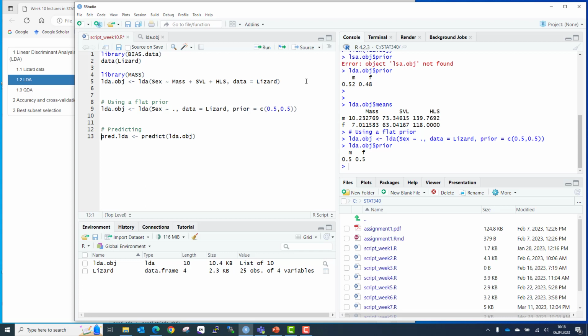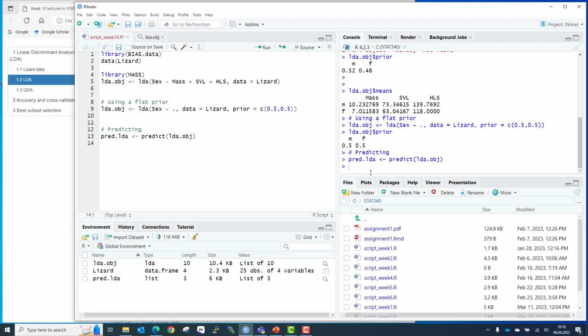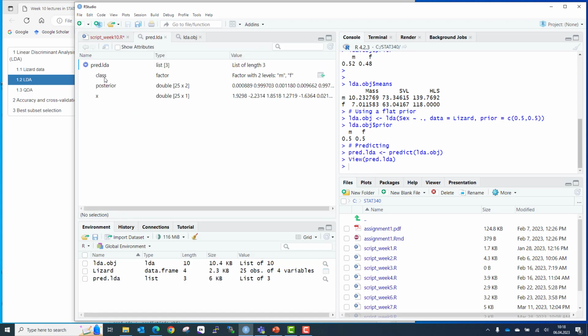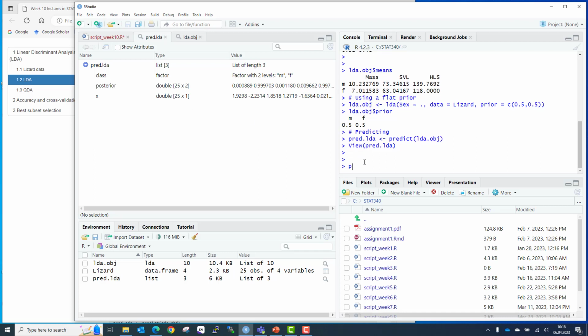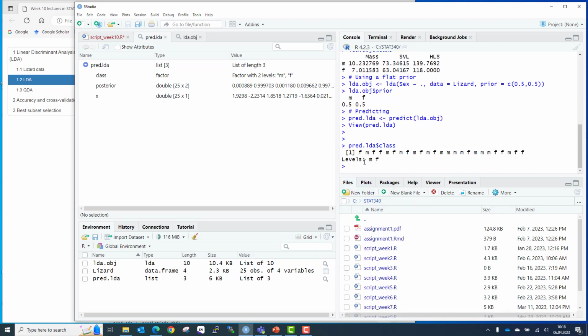If we do that, let's do that first. So what is this pred LDA? If we look at it here, yeah, it contains three sort of pieces of information. The class, and this is actually now the predictors. So let's have a look at that. Pred LDA $class. So here we now have the predicted class